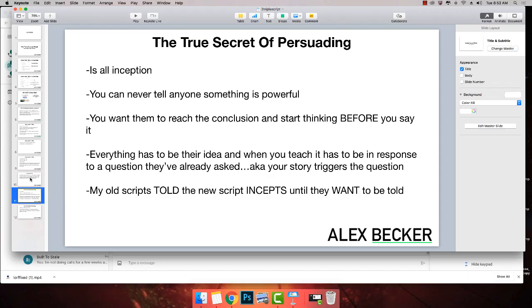You want people to start thinking, man, Shopify is what I need to be getting into. Man, online business is what I need to be getting into. This safe life that I'm in right now, the college education, the way I'm eating right now, I need to stop doing this. You want people to think those thoughts before you ever say you need to stop doing that. If you are telling someone that they need to start a business before they've thought, I need to start a business, you're screwed. It's not going to work. And that's what storytelling does.